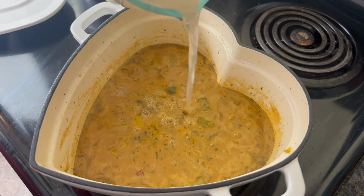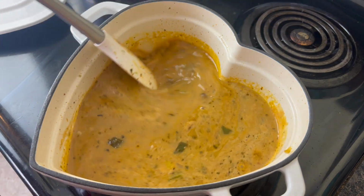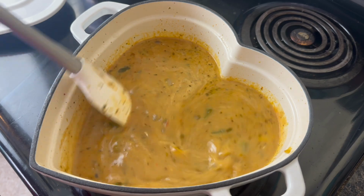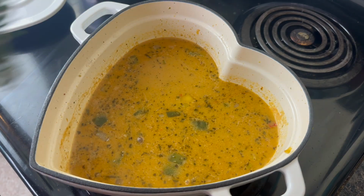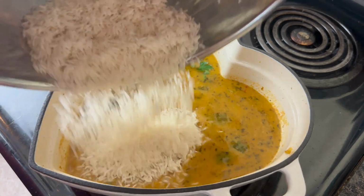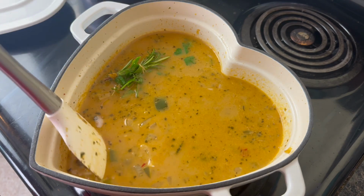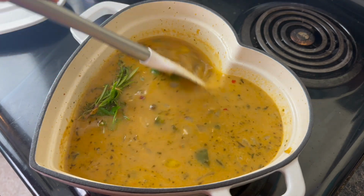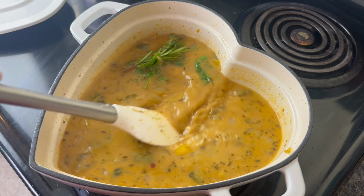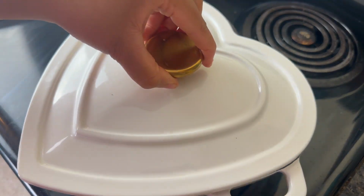And I'm going to put in the liquid that we took out of the pigeon peas. I've also added in a little bit of water to make sure that there's enough liquid to cook all of the rice. In total, you're going to have 3 cups of liquid, including the coconut milk, okay? Then you're going to add in 1.5 cups of rice that has been rinsed, and you're going to mix this and add in your Scotch bonnet or your habanero with the cloves and cover this to cook on the lowest